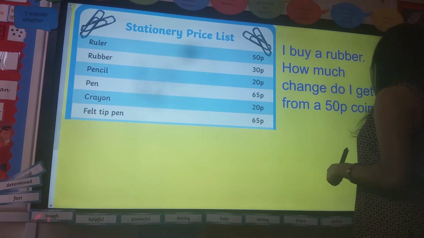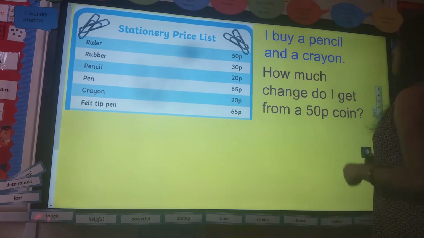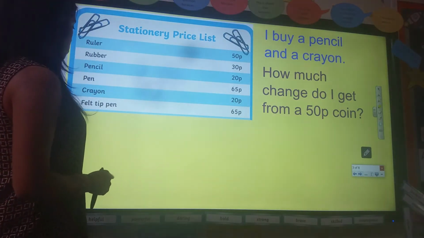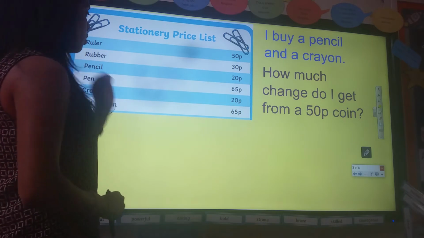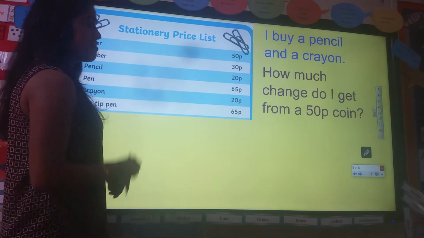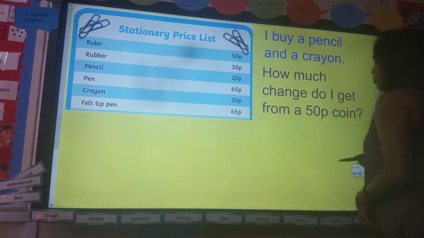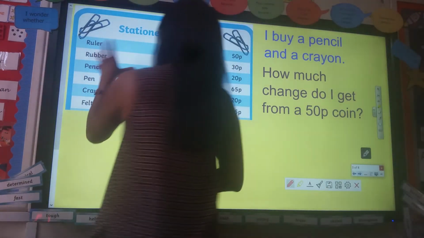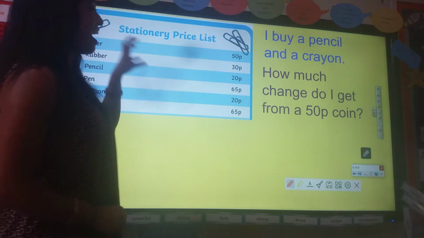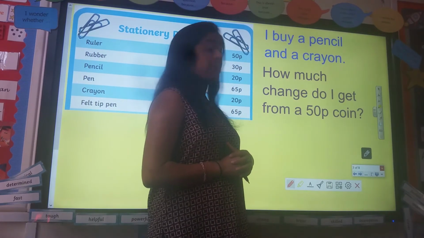Okay? Let's go on to the next question. So again, here's a list of stationery. I buy a pencil and a crayon. So a pencil, that costs 20p, and a crayon that costs 20p. How much change do I get from a 50p? So with these questions, it's a bit tricky because remember, if we're buying more than one thing, we need to add the total up first and then take it away from how much I'm paying with,